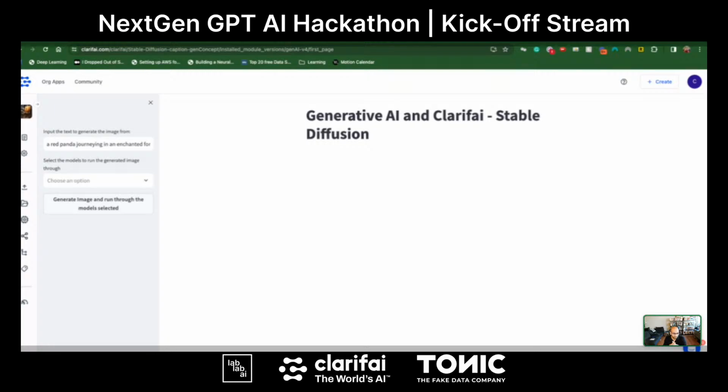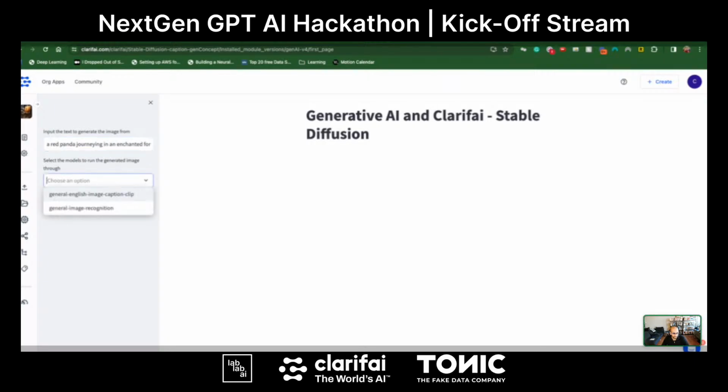The context for this module that I built is that we generate an image through Stable Diffusion, but then also pair it with our general image recognition model, the one that we saw, and additionally pair it with a captioner. I have given it the same kind of prompt, a red panda journeying in an enchanted forest.